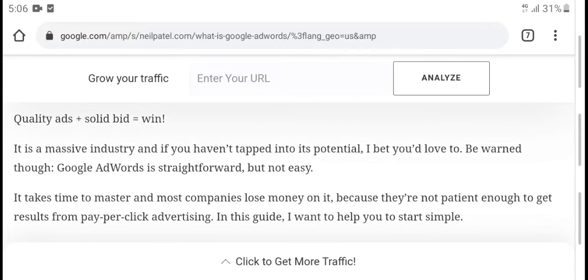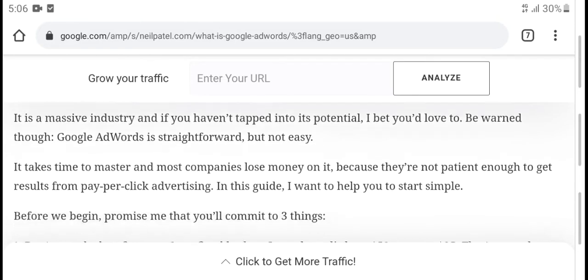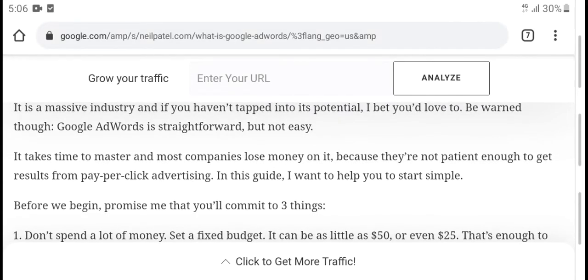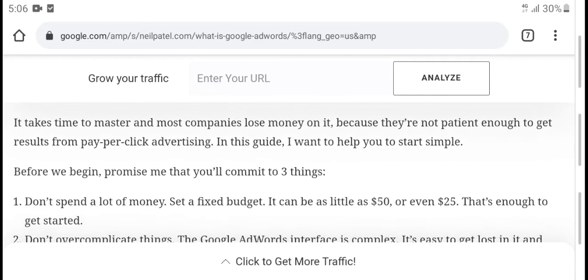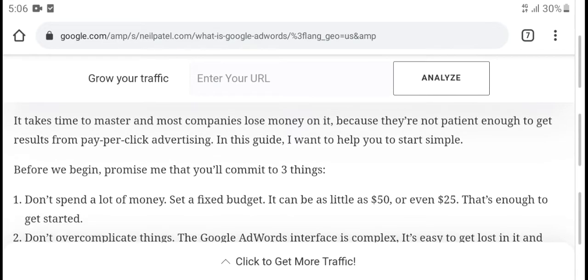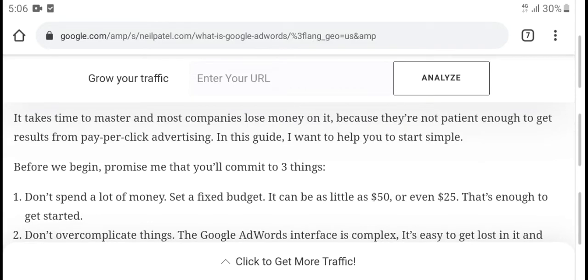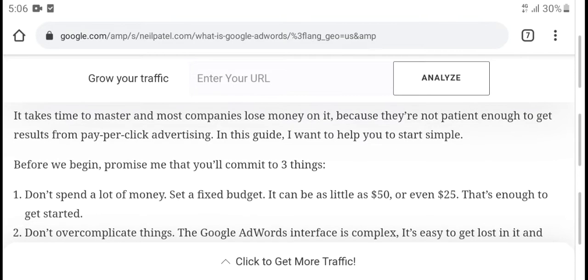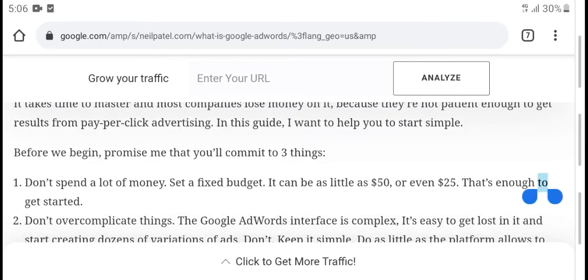at your message industry. If you responded best vendor in target Google AdWords in category, but easy, it is taking master most campaigns and lost basic, particular get result pay per click advertising guide. I wait to have start simply before